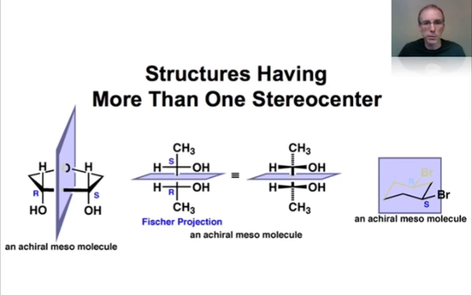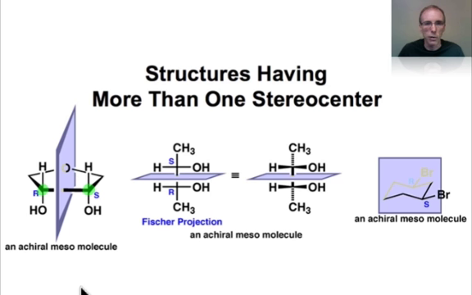What happens in each of these molecules is that one stereocenter and the other have identical sets of 4 substituents. So a stereocenter has 4 different substituents. You can see that these two carbon atoms in the first example are stereocenters, but each of them has exactly the same set of 4 substituents. In cases like this, it's possible that the two stereocenters will be mirror images of one another by their location